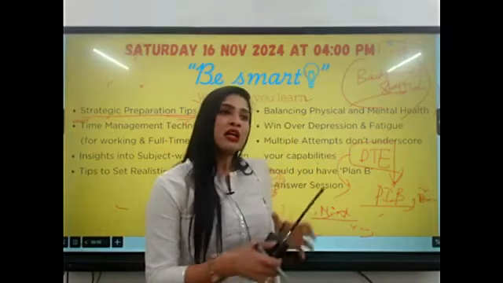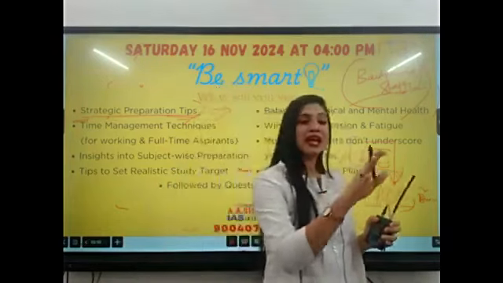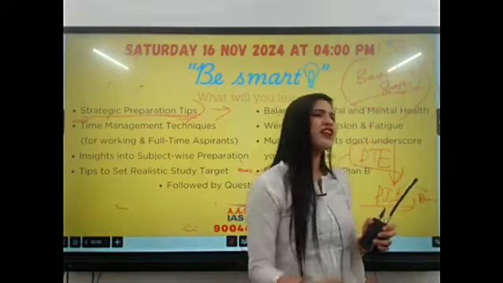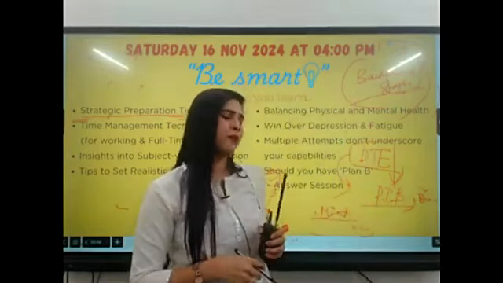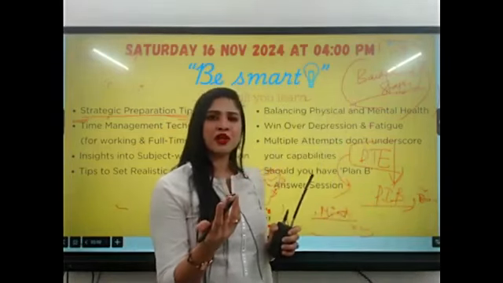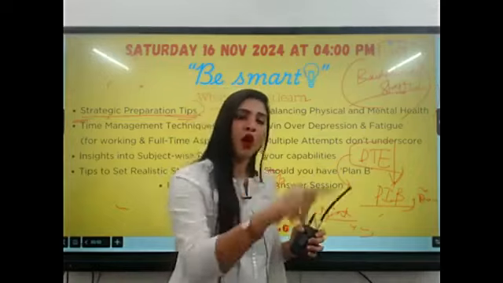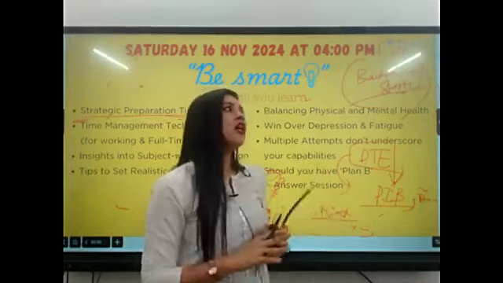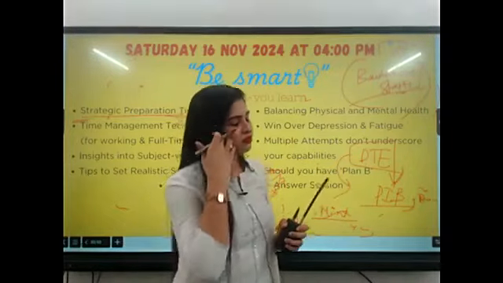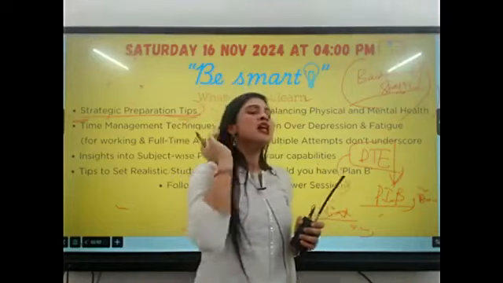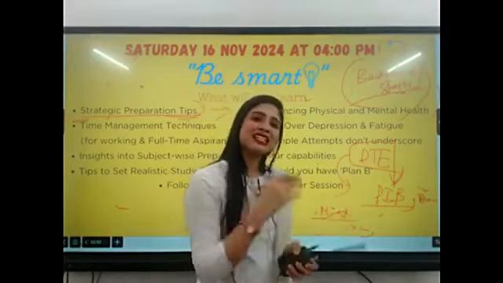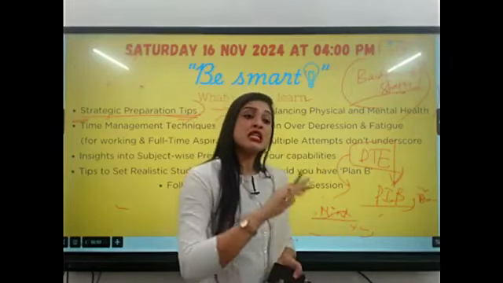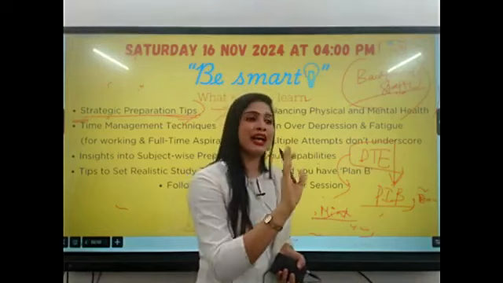Is it clear? There are certain topics where static portion is not available. For example, you're studying about the Russia-Ukraine war. Why this particular topic in news? Because Russia wanted to invade Ukraine. This is an IR topic, right? International relations topic. Now, is there a static portion for it? No. Certain topics will only have background.